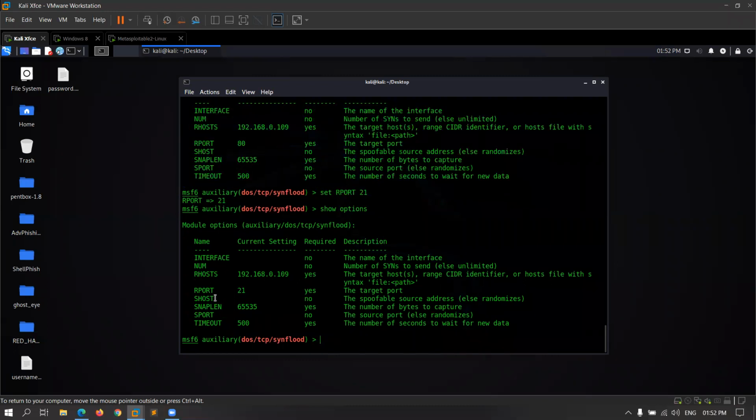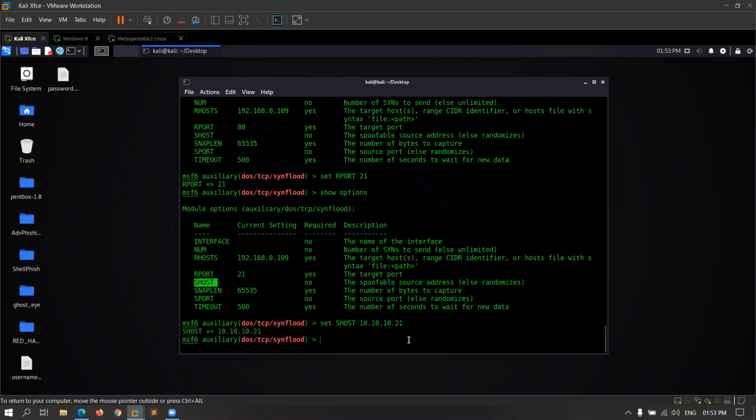Show options, and it is asking for the SHOST. SHOST, in which you can type any IP address to hide your identity. Set RHOST as host 10.10.10.21 and run.